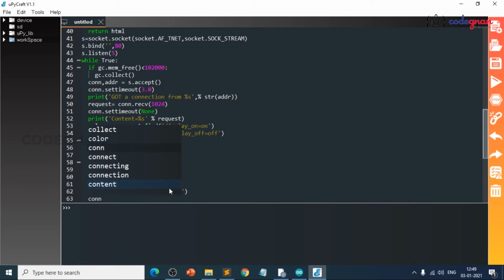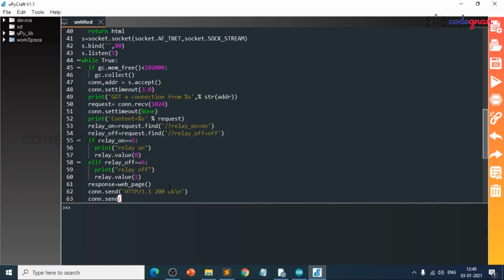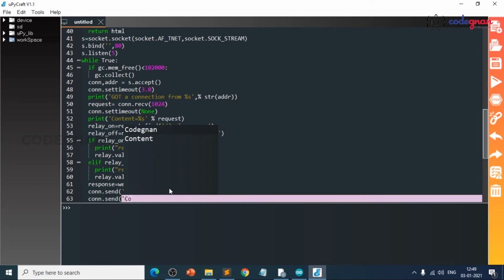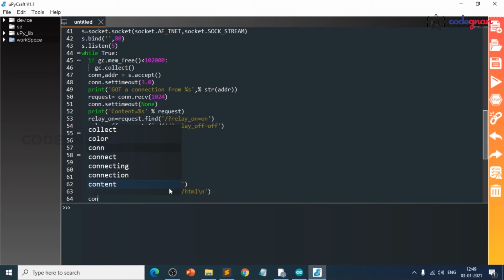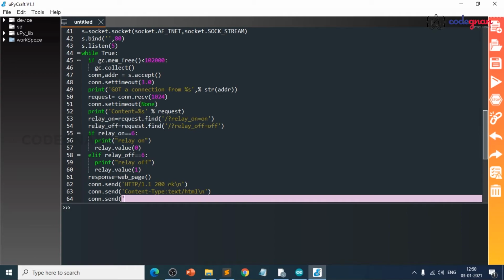And next thing, con dot send of content type text slash html backslash n, con dot send of connection close backslash n.